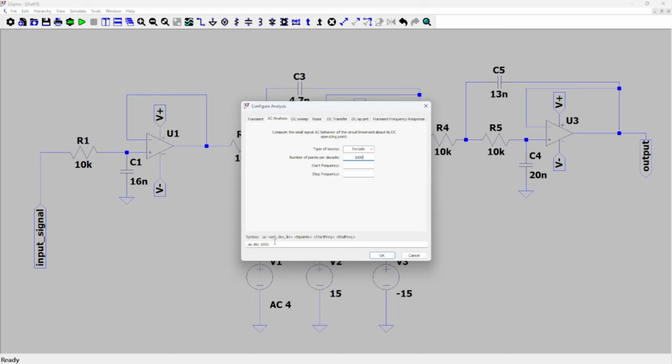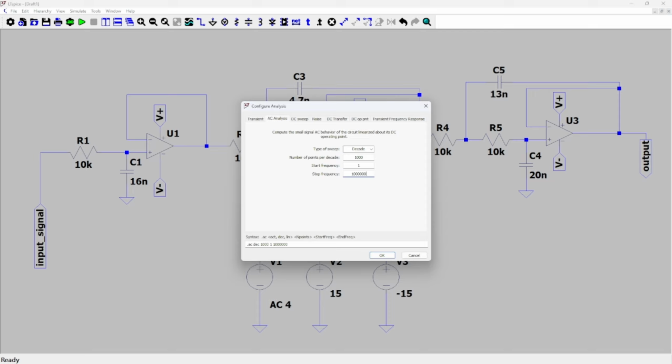Then you choose either decade. If you choose octave, it will be octave. If you choose list, it will be list. If you choose linear, it will be linear, but I've opted for decade. Then you set the number of points here, then the start frequency. So the start frequency, let me start with 1. Then let me have